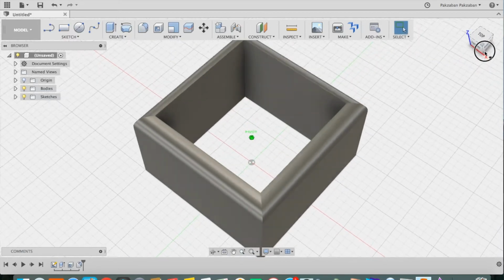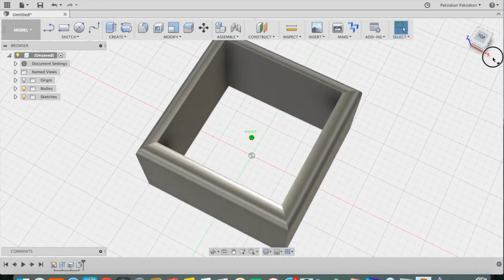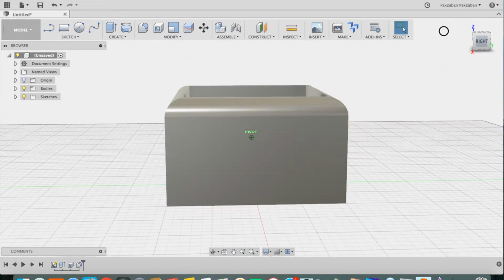Let's look at it. So it looks like a picture frame, except it's too thick. Wouldn't it be nice if I could just cut it so I could use it as a picture frame? And I can. To do that, I first need to create a plane somewhere around here that I could use